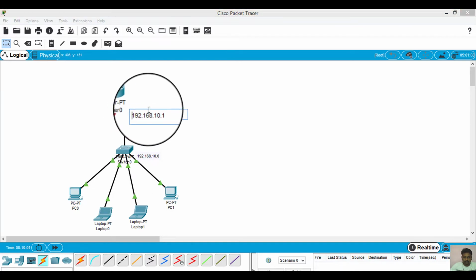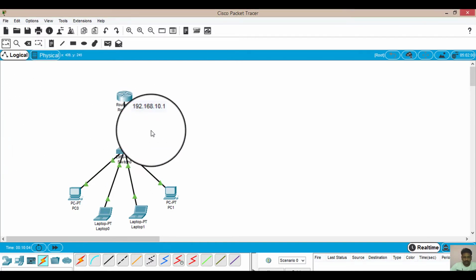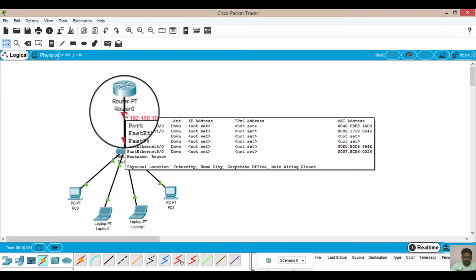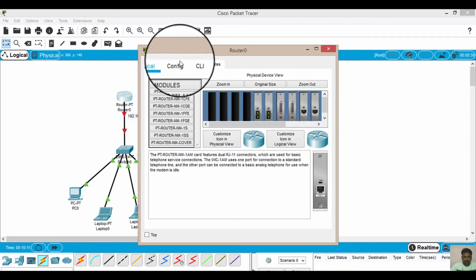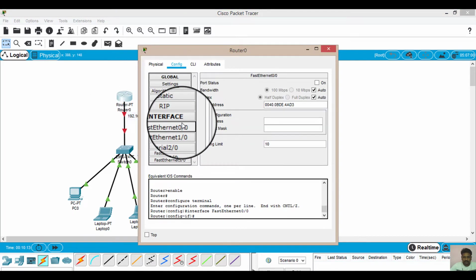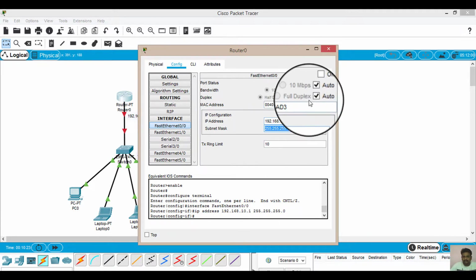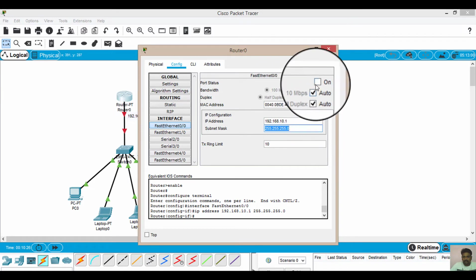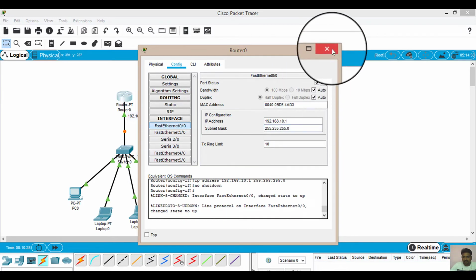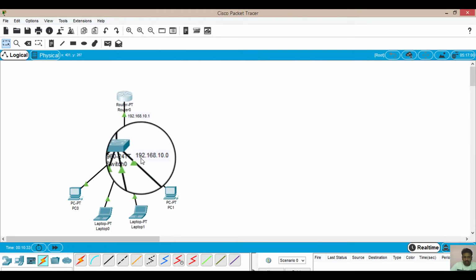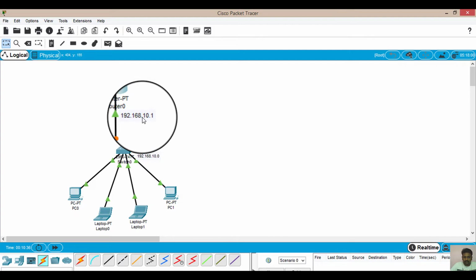We know that the network gateway is used on the appropriate port of the router. In this case, this is the port. Which port is this? The FastEthernet 0/0 port. So I will quickly assign an IP address to this port. Come to this FastEthernet port and type 192.168.10.1. This is the first step in a network: you first assign the network gateway to the connected port of the router, so the router knows that it belongs to the network 192.168.10.0 and its gateway address is 10.1.